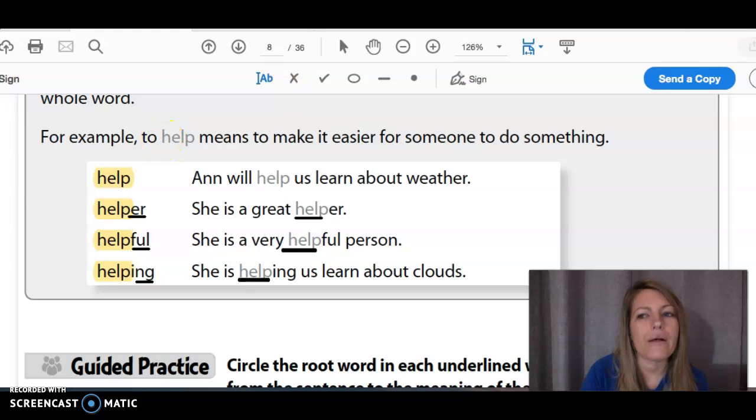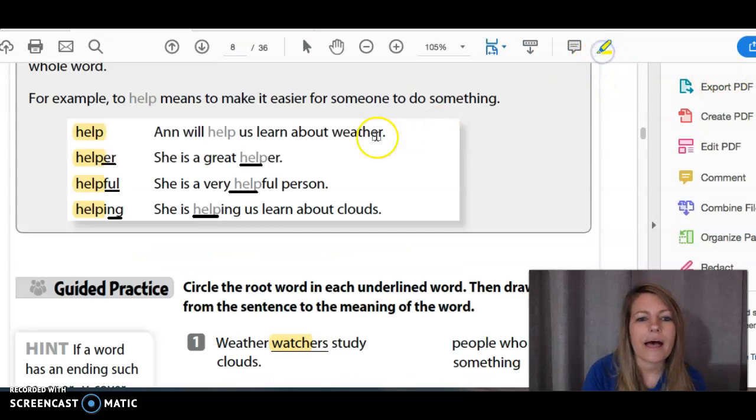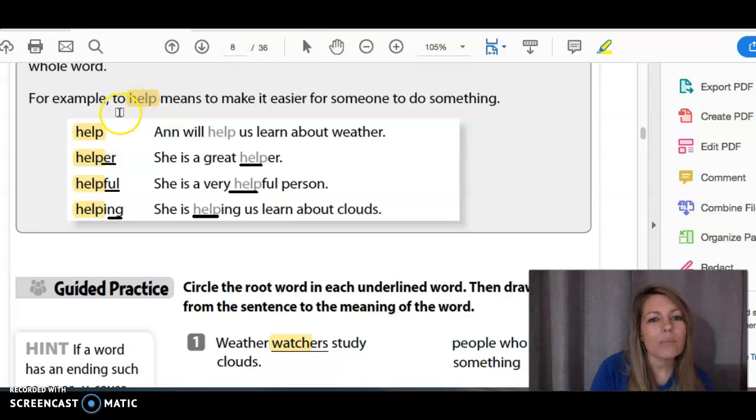The root word help. I have the root word help right here. I'll highlight it just so it pops. Now, I know that help means to do something that makes things easier for someone. So I have some words down here that all have the root word help. I have helper, I have helpful, I have helping. Because I know what the root word help means,